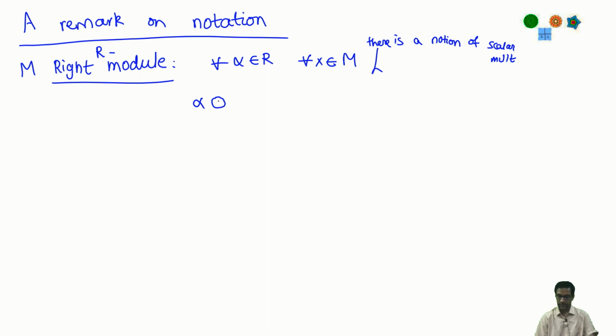So we always say alpha acting on x is the scalar multiplication, and it satisfies